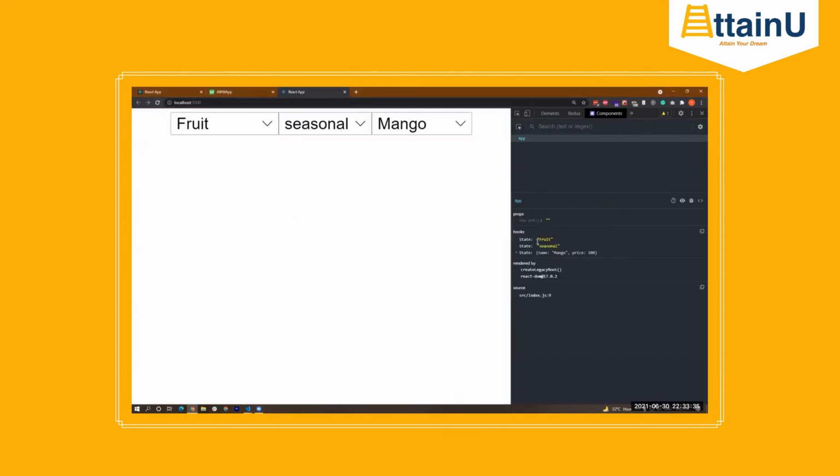Refresh. We'll just see whether everything tallies up with the state here. So when we say vegetables, vegetable, leafy, and spinach, yes. If I change essentials, onion. If I change to leafy again, it's leafy and spinach again. If I change to methi, it will be methi properly. If I change back to fruit, everything gets reset accordingly, and we have seasonal and then mango. We change it to pineapple, yes, it's changing to pineapple. If I change it to all year, it is changing here also, and accordingly banana. It's only one option right here.